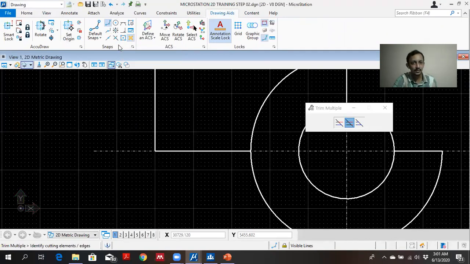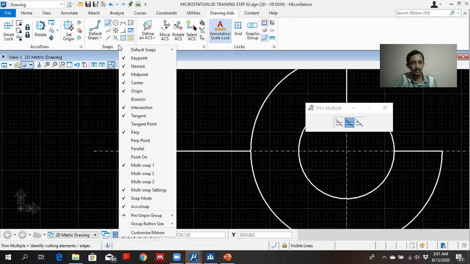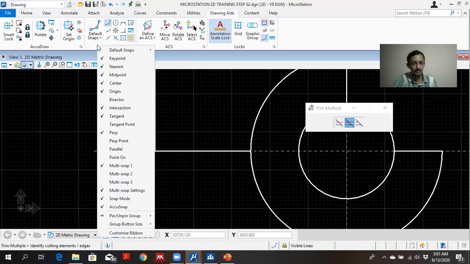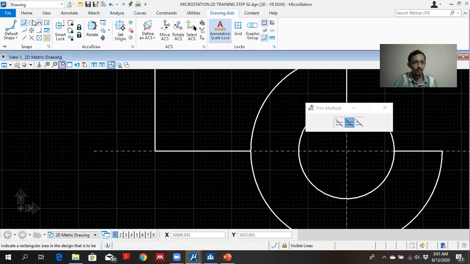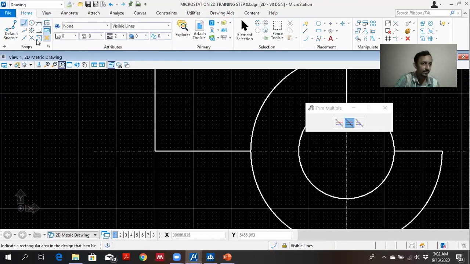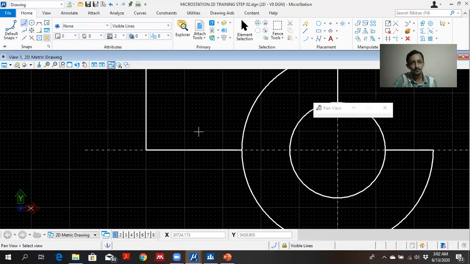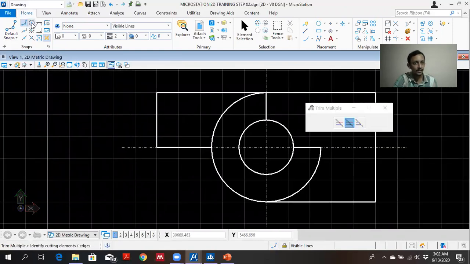So what I do is right click anywhere in snaps and go to pin unpin group. There you can see pin to all workflows. So go to there. From that, you can see the snaps in home as well as other windows. Snaps can be used to find the points, intersection points. Let's say here, if you select center